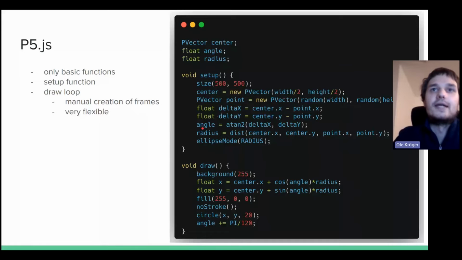You define an angle and the radius of the center. Then, in the draw loop, you set the background color and the XY position of the circle, and then basically you rotate it around by having your own rotation function with cosine and sine. And at the very end,